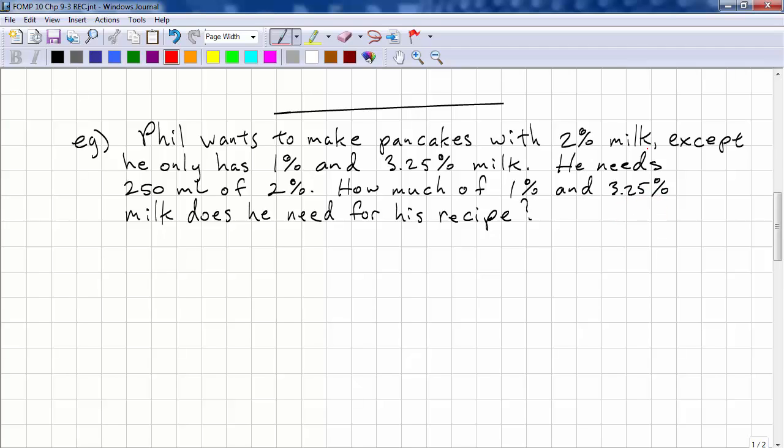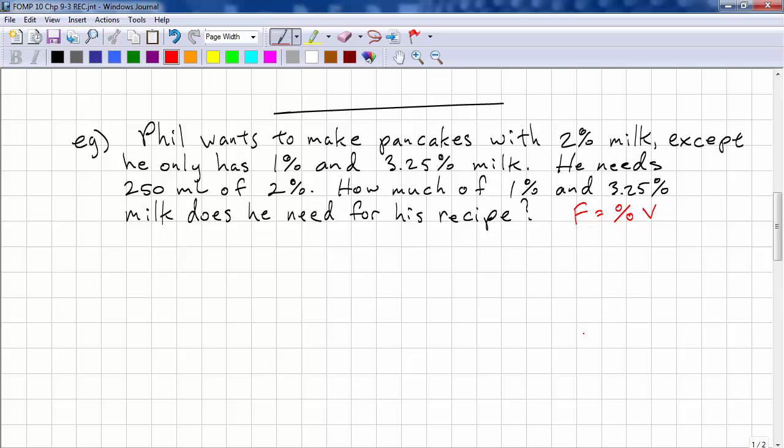Okay, Phil wants to make pancakes with 2% milk, except he only has 1% and 3.25% milk. He needs 250 milliliters of 2% milk. How much of 1% and 3.25% milk does he need to combine for this recipe? You need to know that the percent is the percentage of fat. And to get the amount of fat,